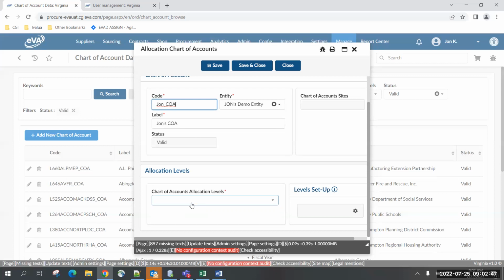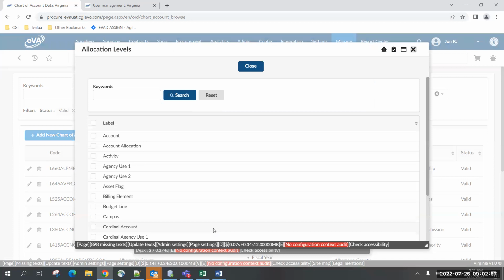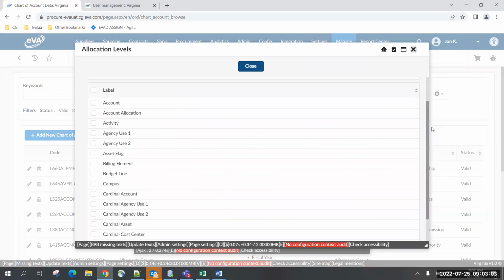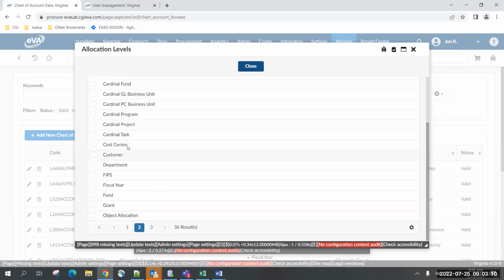This is where we start to really configure what fields are available. So when we click this drop down, you'll see a nice long list. I'm actually going to go into the see all so we can choose a few on the fly. But a lot of these should hopefully sound fairly familiar. We got our cardinal asset, cardinal department, cost center, FIPS, fiscal year,